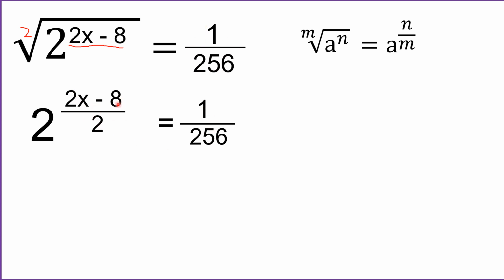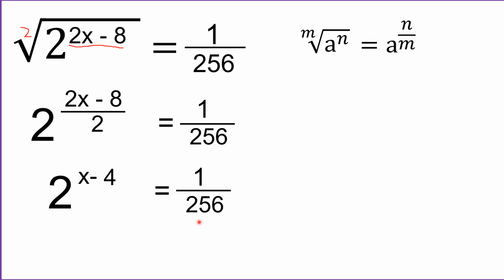In dividing two terms by one term, we divide the first term by the divisor and the second term by the divisor. So this will become 2 raised to, what is 2x divided by 2? 2 divided by 2 is 1, so 1x or just x. Minus, the second term is 8, and 8 divided by 2 is 4. So minus 4. So 2 raised to x minus 4, then just copy again 1 over 256. So we simplified already the square root here.